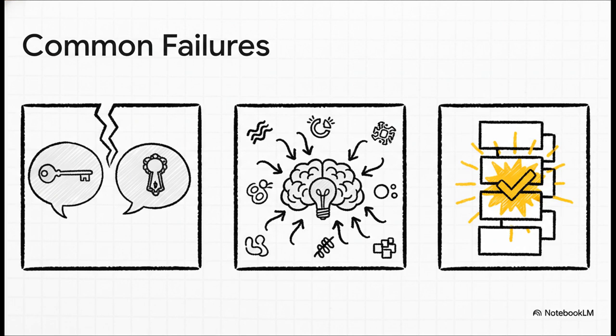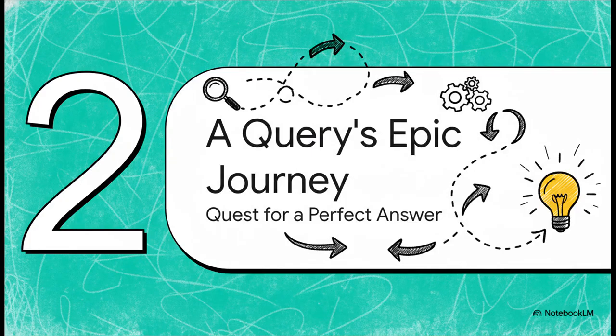First, there's the semantic gap. That's when your words like cancel subscription don't match the official jargon in the documents, like terminate membership. Then you've got context pollution, where a bunch of irrelevant info gets mixed in and just confuses the AI. And then there's ranking quality. This is a big one, where the correct answer is actually found, but it's buried under 10 other less useful results. On top of all that, it just can't handle complex questions that need to connect the dots between different sources. But what if we could build a smarter system?